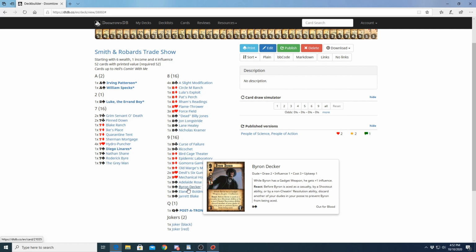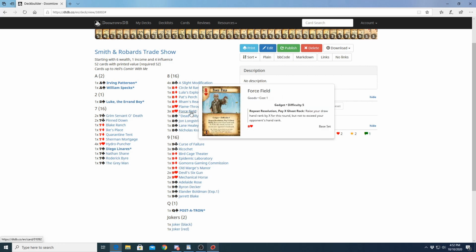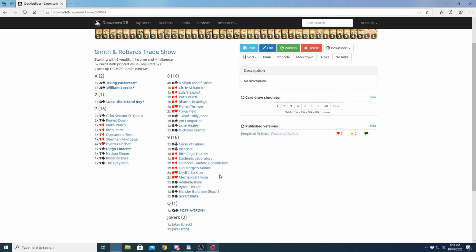Right. And Byron has some protection. It's like, okay, while he has a gadget weapon, he gets +1 influence. So a Devil 6 gun or a flamethrower. Is the force field a weapon? No, force field is not a weapon. Gadget. But a Hydro Puncher,